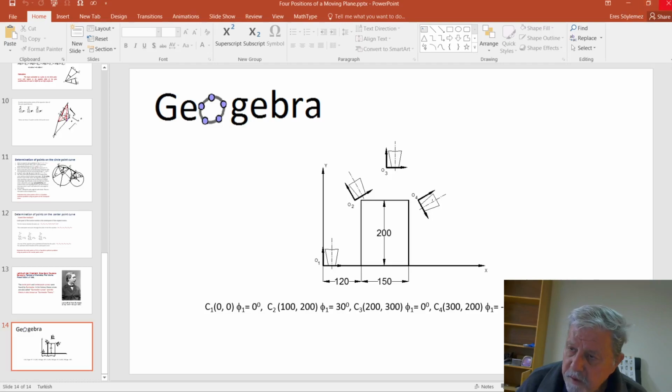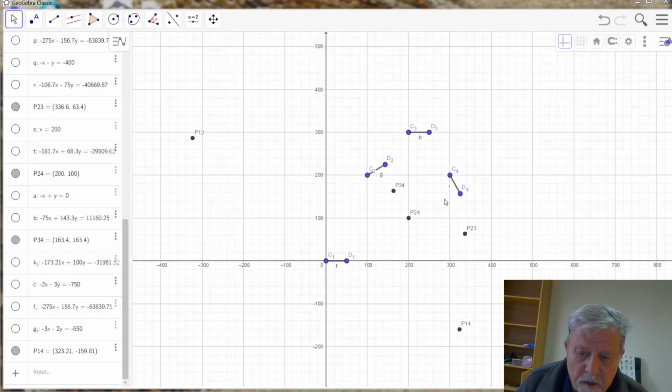Let us close this. I have already drawn the positions, four positions required. Here is C1, D1, C2, D2, C3, D3, and C4, D4. And I have also determined the 5 poles. P12 is over here,